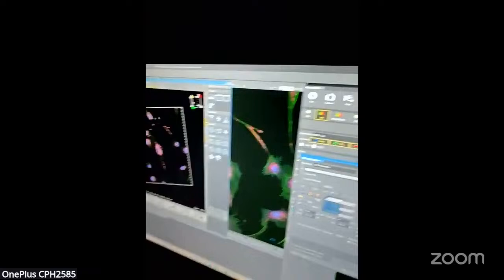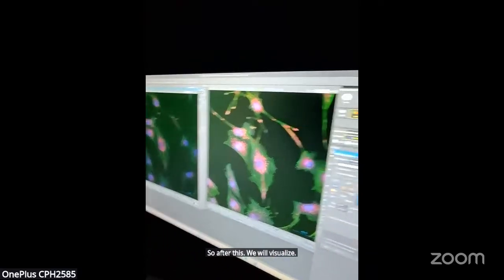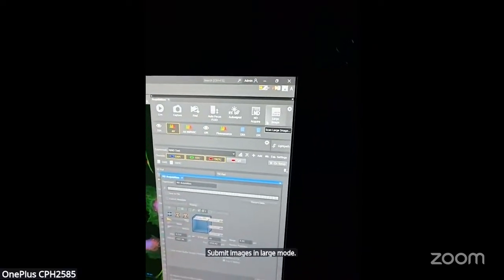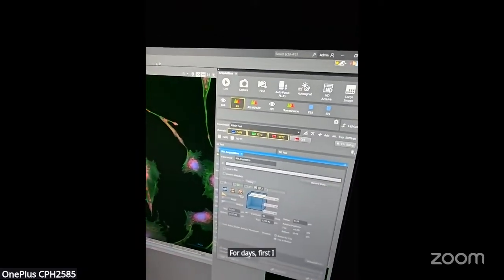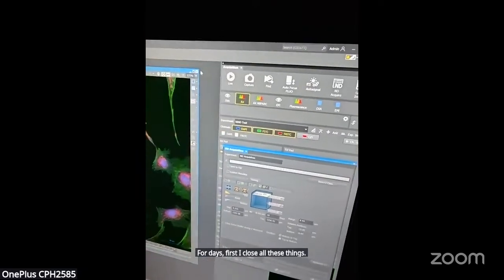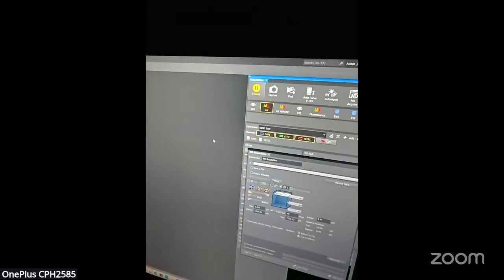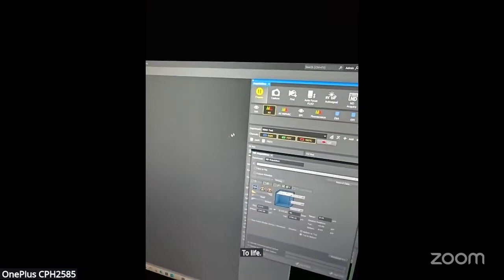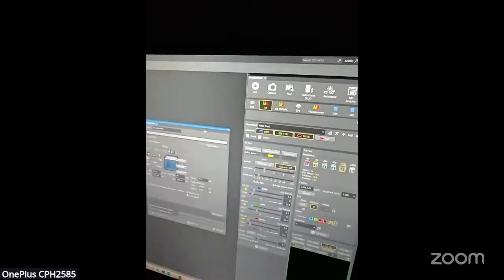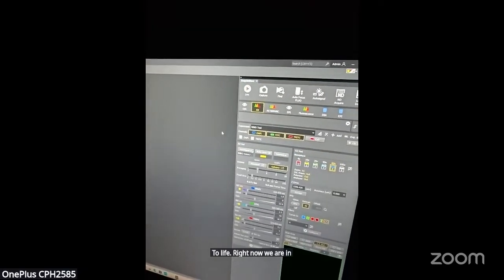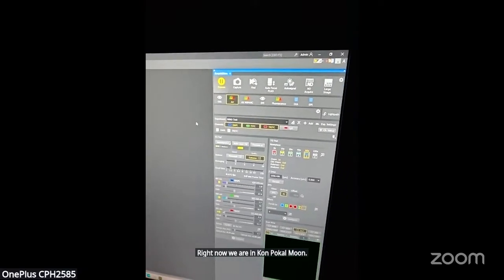After this, we will visualize some images in large mode, or we'll do image stitching. For this, first I close all these things, and we'll do live. Right now we are in confocal mode. First we need to visualize your cells.